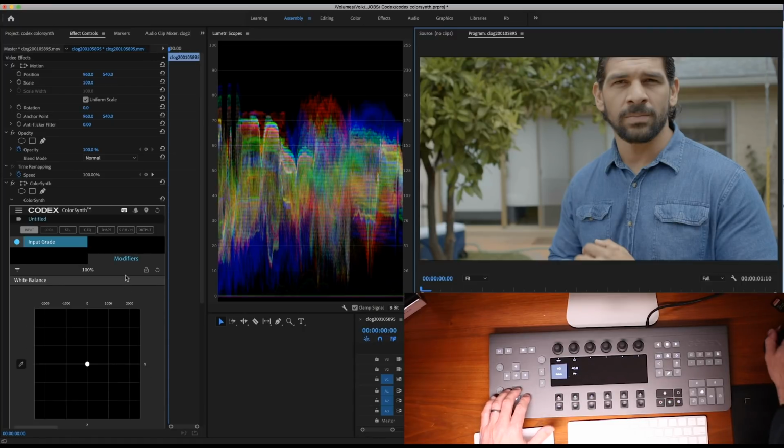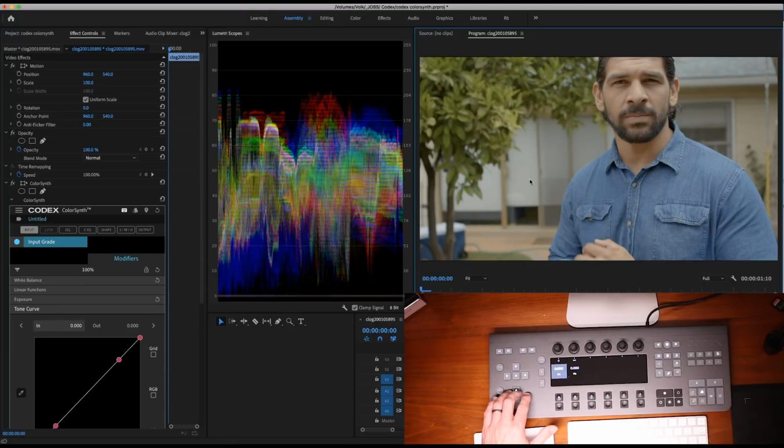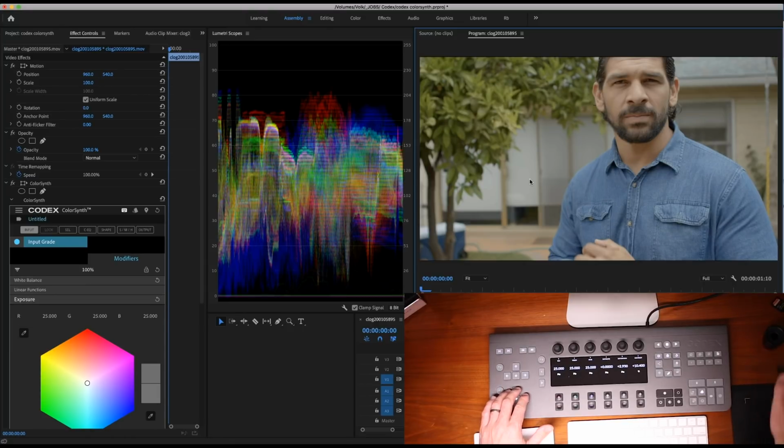So now let's go up to our white balance and adjust our temperature. You can see our scope's moving around now, so we're not flying blind. And it's a little too warm, I think. If I'm looking at the white curtains in the background here, they look a little blue. So somewhere there. Now that I have an image that I want to work with, that's my input grade,